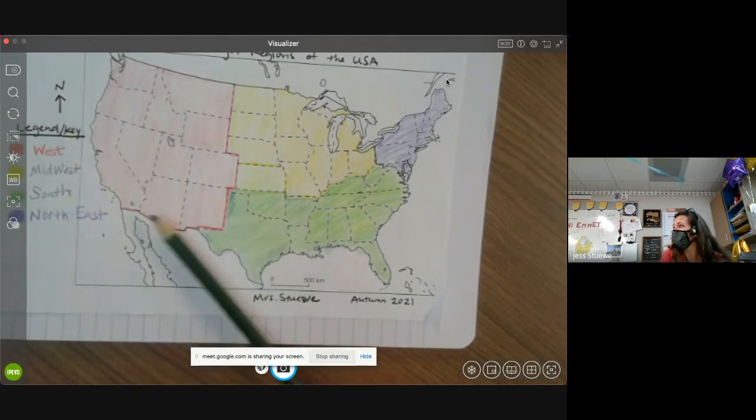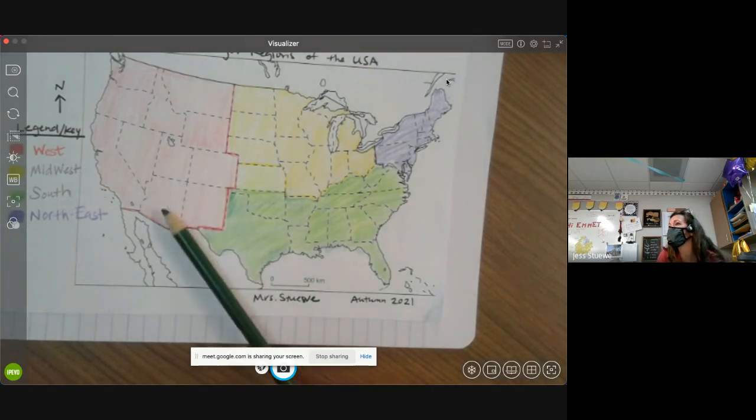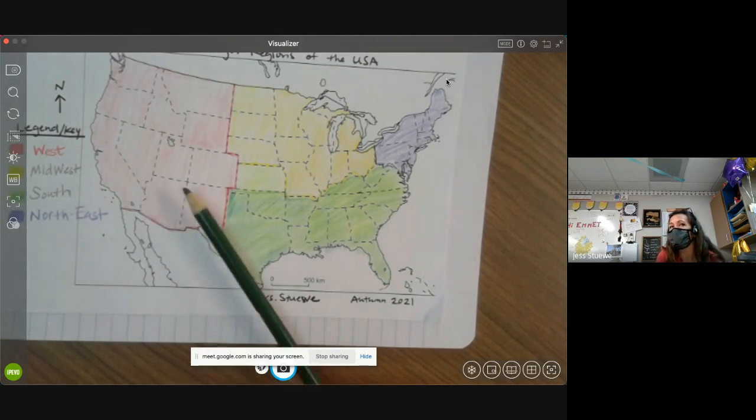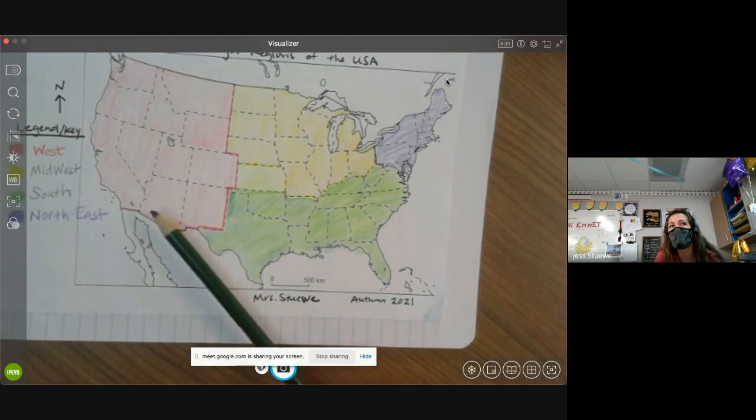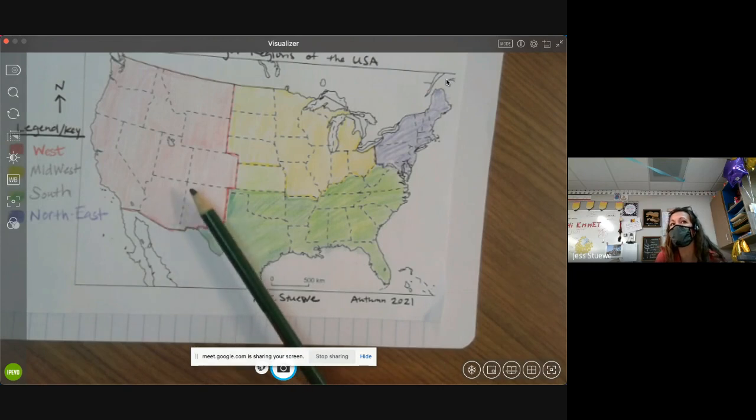If you're in the Southwest, over here, we've talked about this being the Four Corners in Arizona, New Mexico. If you were living down here in the desert, you maybe made your home out of sand, a sand mix they call pueblo. You maybe built your home into cliffs and were a cliff dweller and lived in the desert.